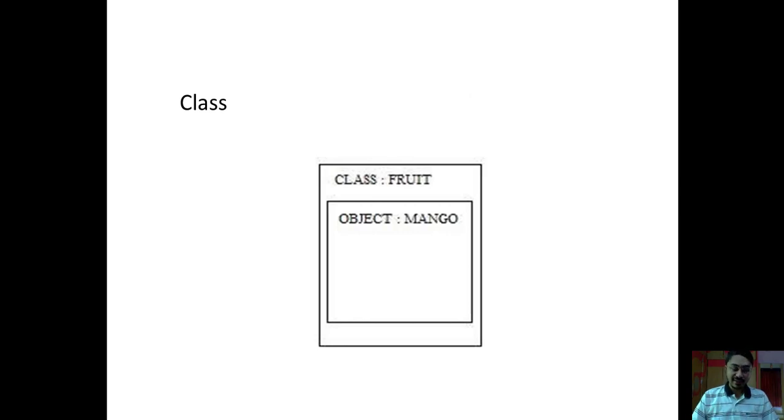Now we have all agreed that we will need objects in object-oriented programming. So in object-oriented programming, we have to create the objects, isn't it? As we have to use the objects, first we will need to create them. Now how will we create the objects? For that we will need a certain manufacturing process, isn't it? We will need a certain structure which will manufacture the object according to our needs. So first we will set up the manufacturing unit, and that is nothing but the class. So a class is nothing but a certain structure or a mechanism which will keep on producing the objects as we want.